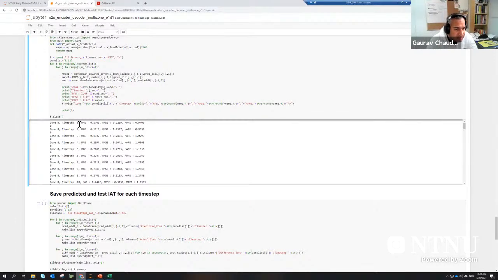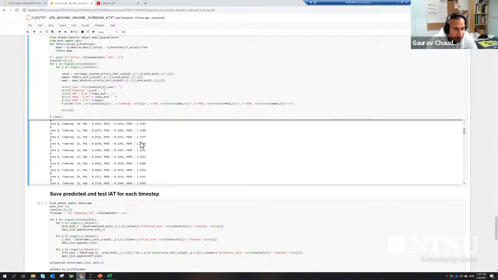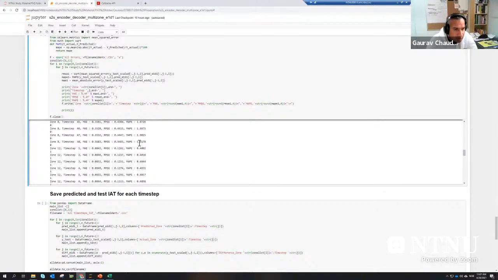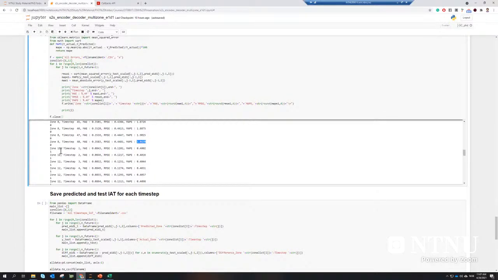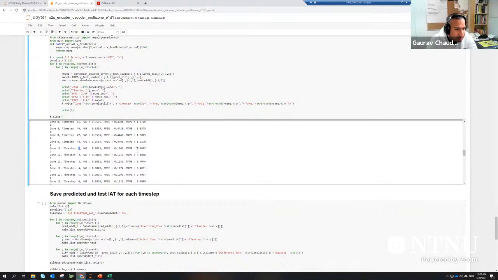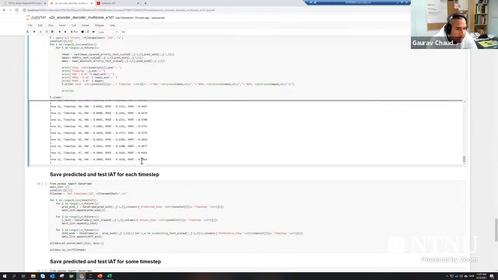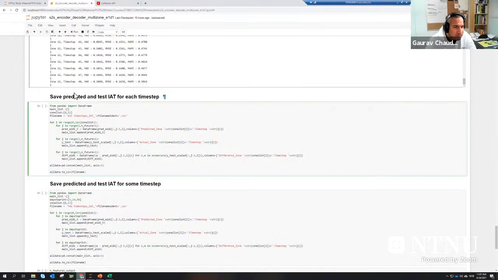When we increase the time step, we start from time step 1 with a MAPE of 0.94, and we see that MAPE increases all the way until time step 48 to almost 2 degrees. Zone 12 is much easier to predict. We start from time step 1, which is a MAPE of 0.4, up to just 0.5. And then there are just a few